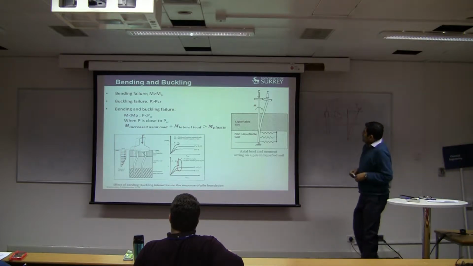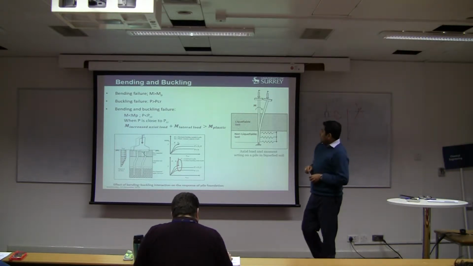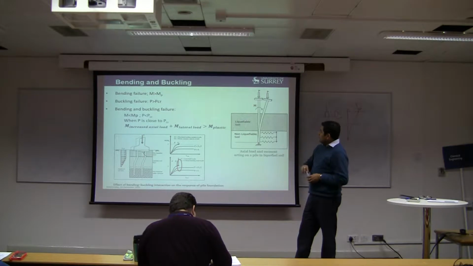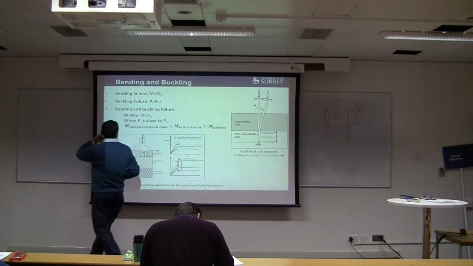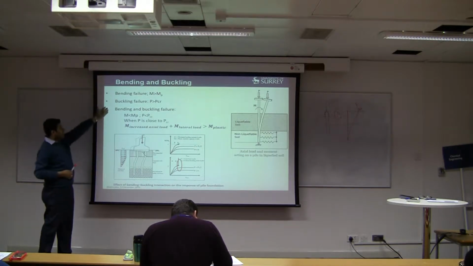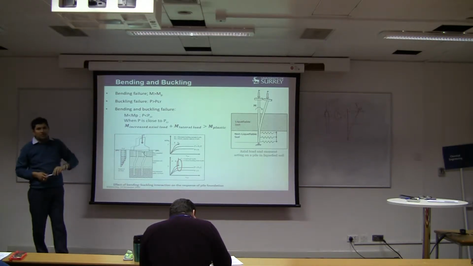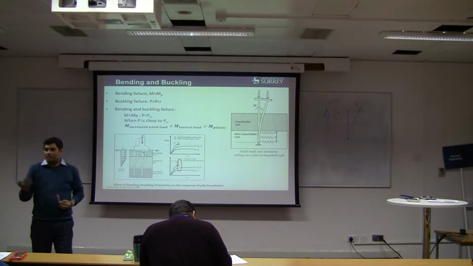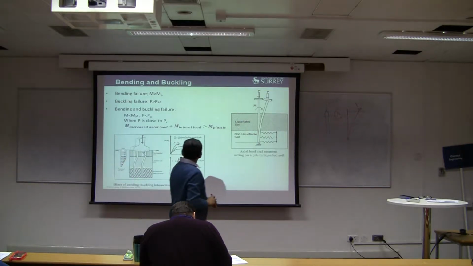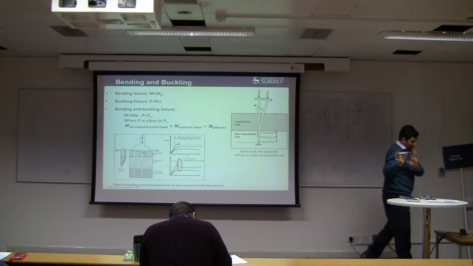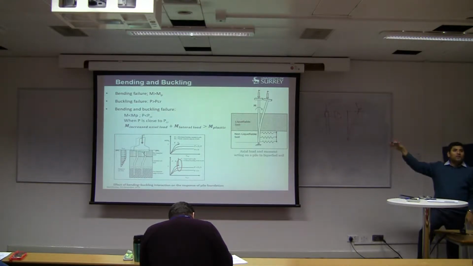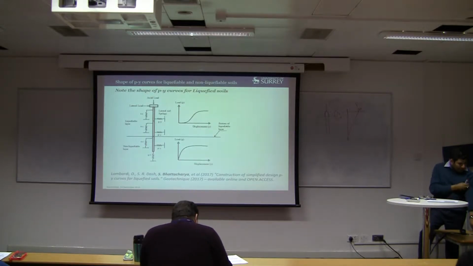Right. Here is something a bit more, just to show how to differentiate bending failure, buckling failure, and bending buckling failure. Here is some sort of distinction. If bending moment exceeds MB, it's bending failure. So here are some things, but it's just for your future reference. You don't need it now. And another interesting point is,